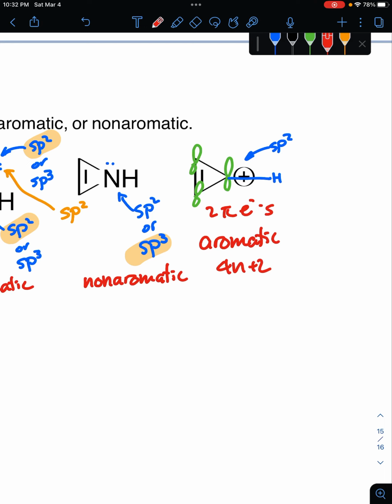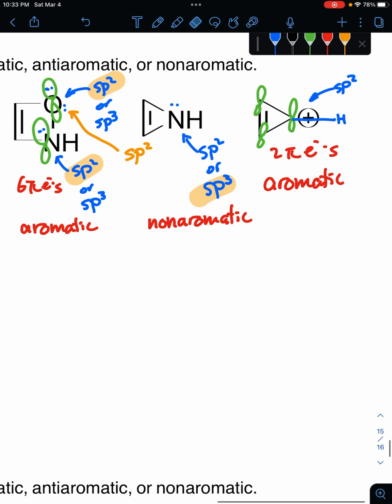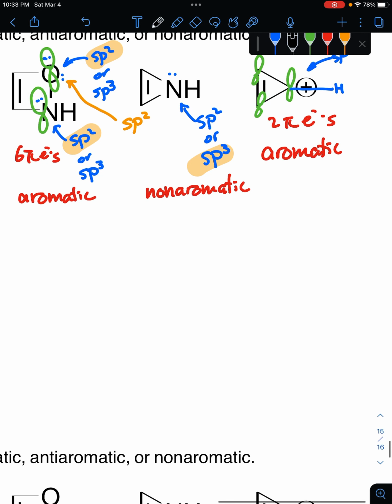2 pi electrons, because 4n plus 2, if the n is 0, it can be 2, and then again 6, 10, and so forth, right? So that's aromatic. Now, at this point, some of you might be thinking, well, is there ever a possibility that you can have an anti-aromatic compound? And there is, for instance, if you had a structure like this,